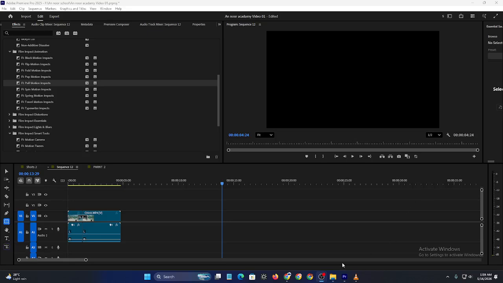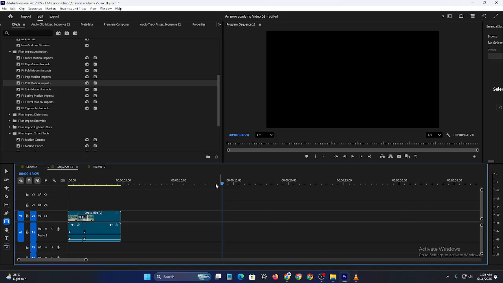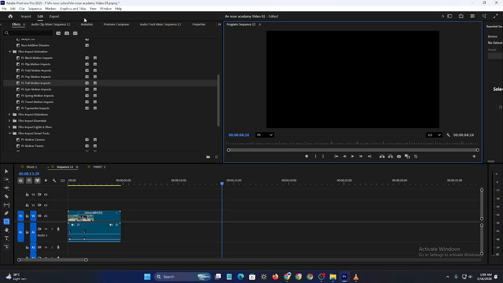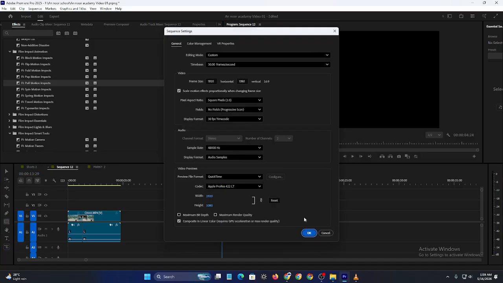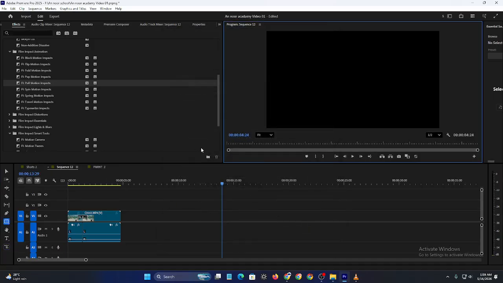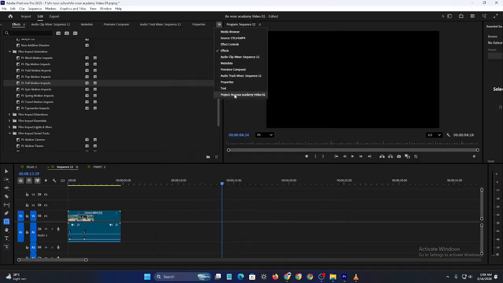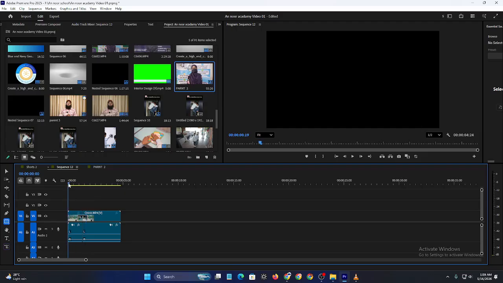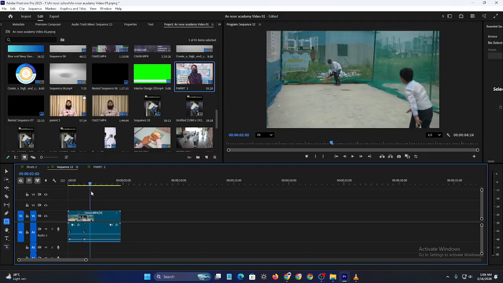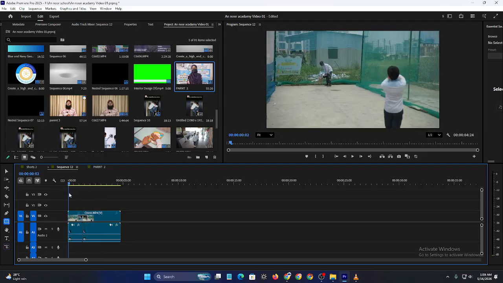Adobe Premiere Pro can look complicated when you first open it, especially for beginners. But once you learn the basic workflow, editing videos becomes much easier and faster. And honestly, you don't need advanced skills to start creating professional-looking content. So in this full beginner's guide, I'll show you the easy way to use Premiere Pro step by step in